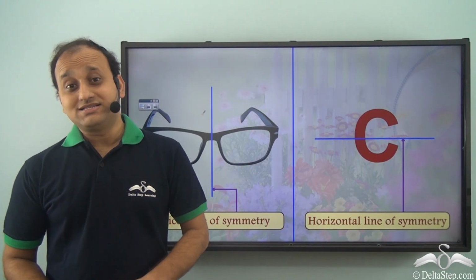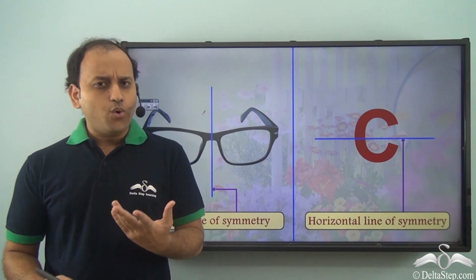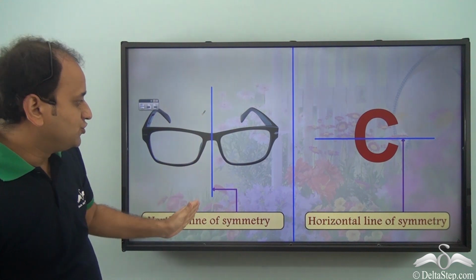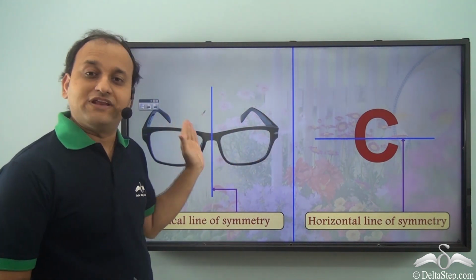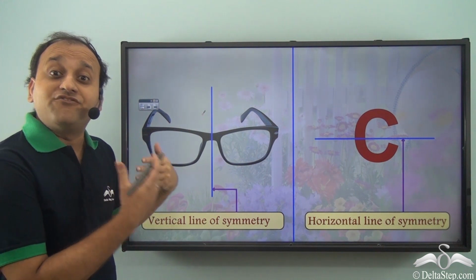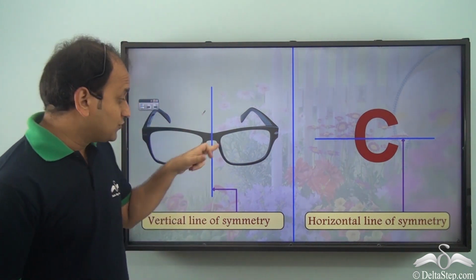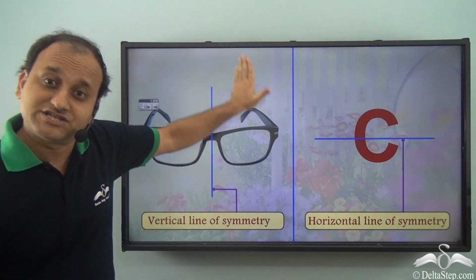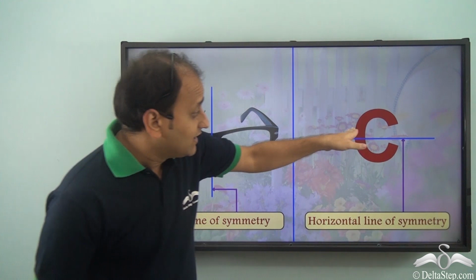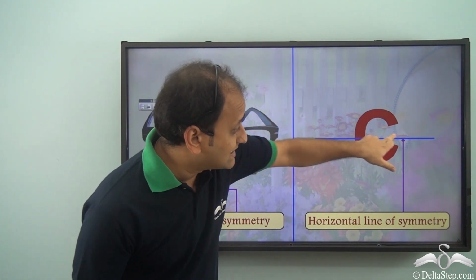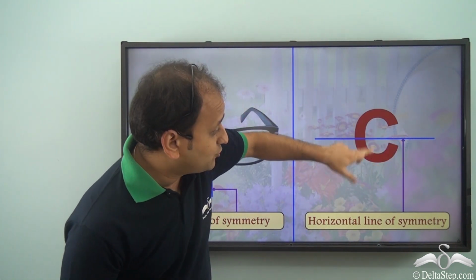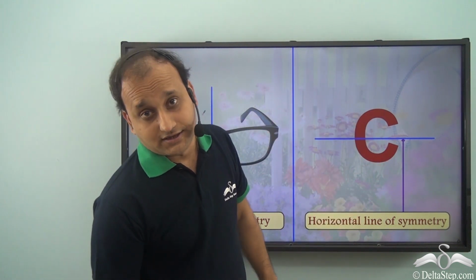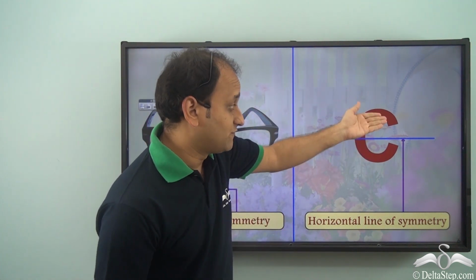You have already learned about reflection symmetry. Now, what exactly happens in reflection symmetry? Well, along a line, you will see that a single image will have two parts which are reflections of each other. So in this case, as you can see, this part is a reflection of this and this part is a reflection of this. Similarly, even here, what do we see? Along this line, we have two parts and one part is a reflection of the other and this part is a reflection of this.